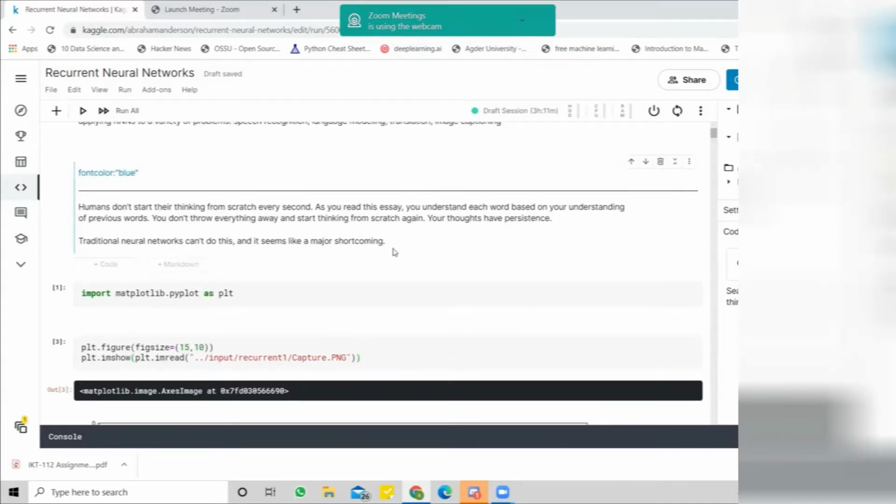As I said, computers are not like humans, they don't have persistence in memory when it comes to neural networks. This is a very big shortcoming of traditional neural networks.